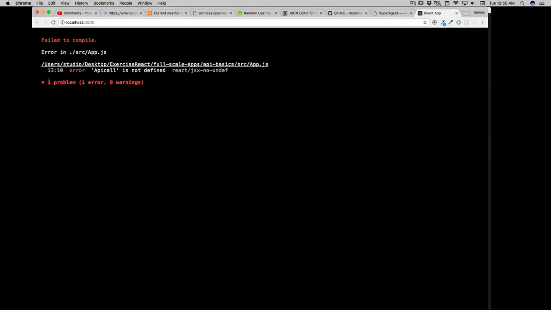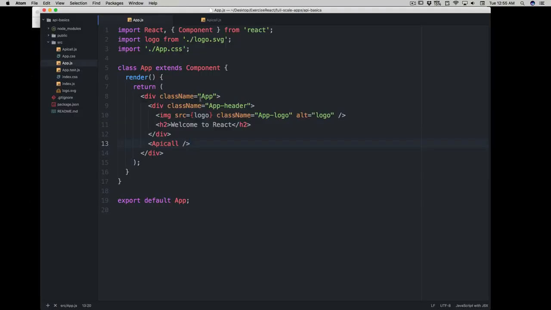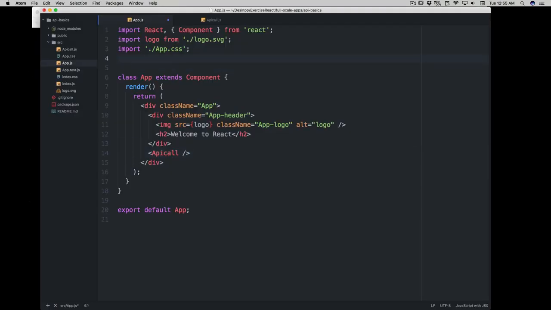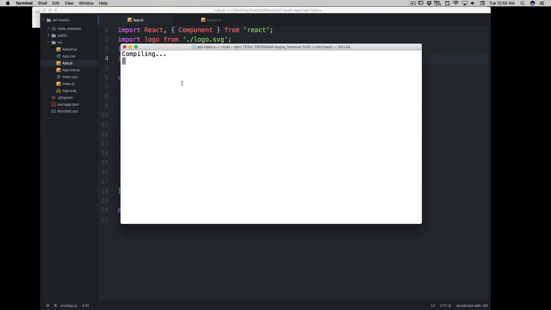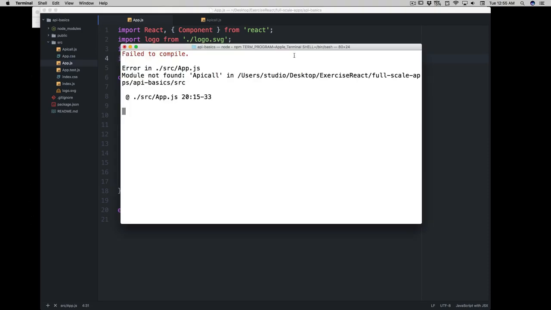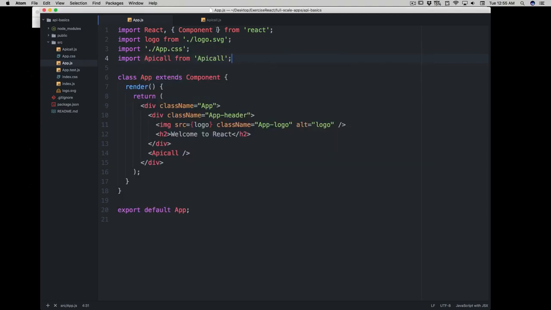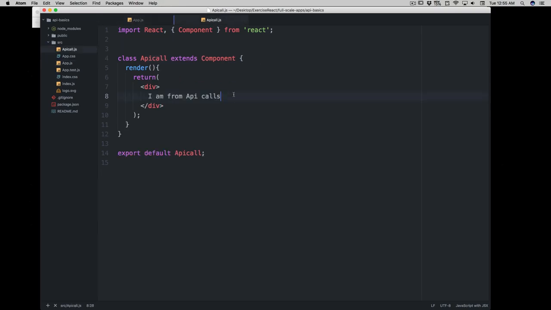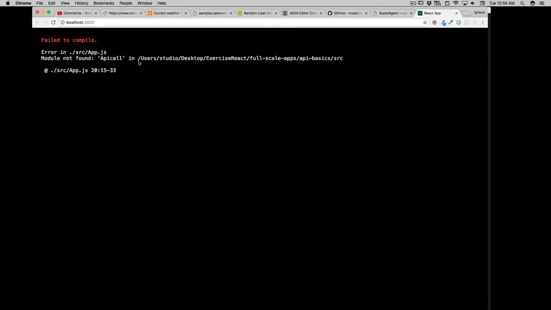We haven't done anything, so it should just give us a blank plate there. And it says, okay, I forgot to import the things. Okay, let's go there, and I forgot to import. Let's just import APICall from APICall. Looks good now. And it's compiling again, and it's failed to compile again. I don't know what the reason is. APICall looks pretty solid to me, but did I forget something in here? Let's just see what we are missing in there. And it says